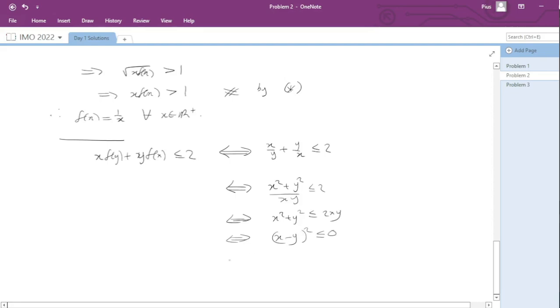And since we're dealing with real numbers, this is only possible when this is 0. So y is equal to x. This is a unique value for every x,